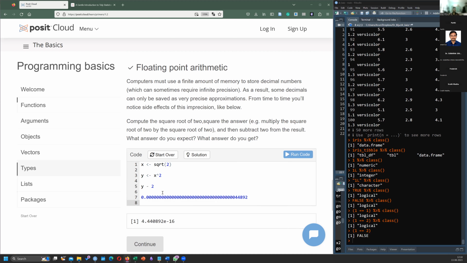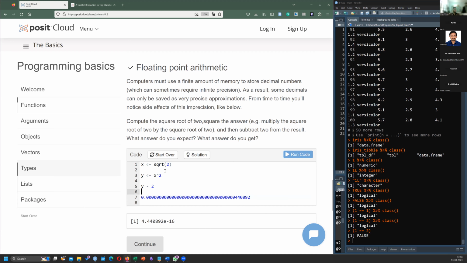If it is e raised to the power minus 14, that means there are 14 digits, and there has to be one more zero. Anyway, this is how it is represented.